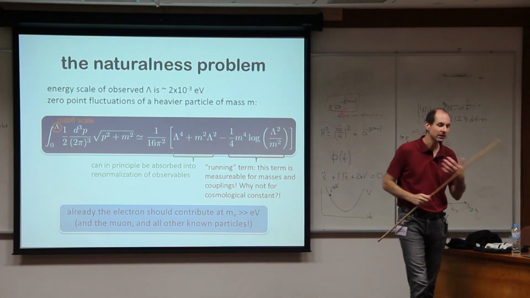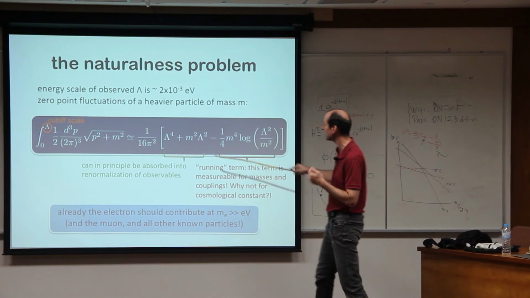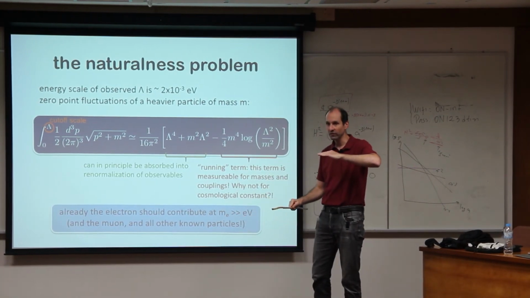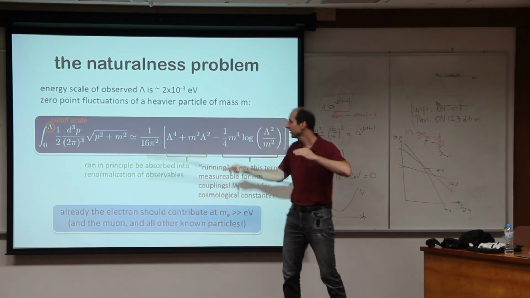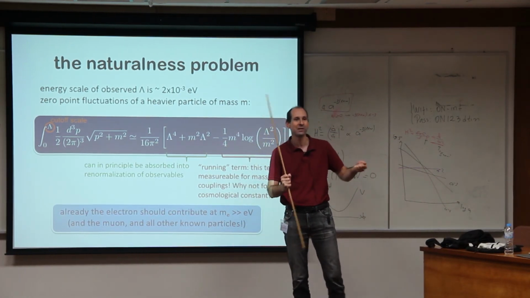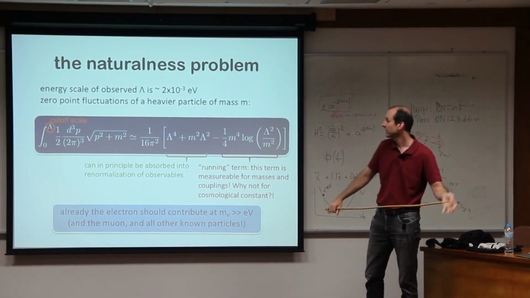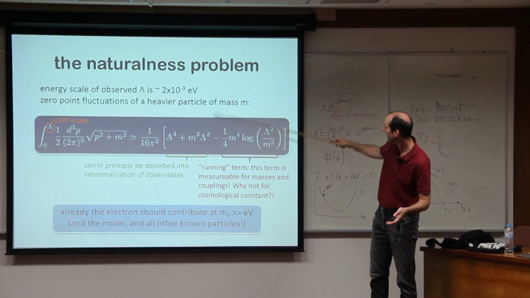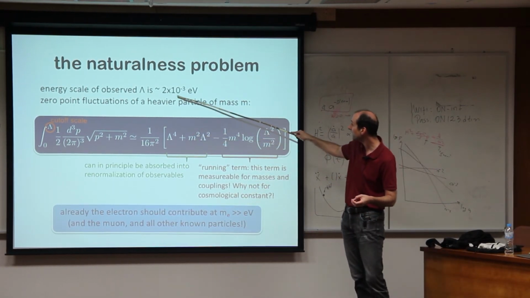And so your theory is not stable against any of these corrections. Every time your energy scale becomes higher than the mass of a new particle, you get new contributions from new particles, and you need to retune your theory. And this is considered extremely problematic. All of these scales are at the mass scale at least.